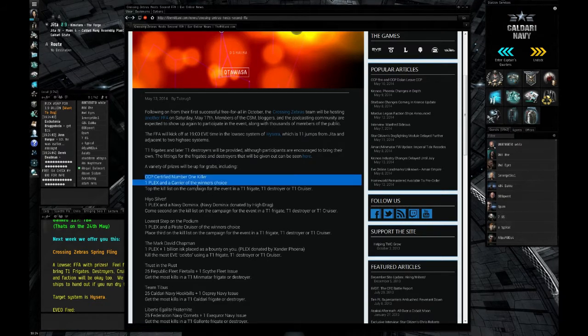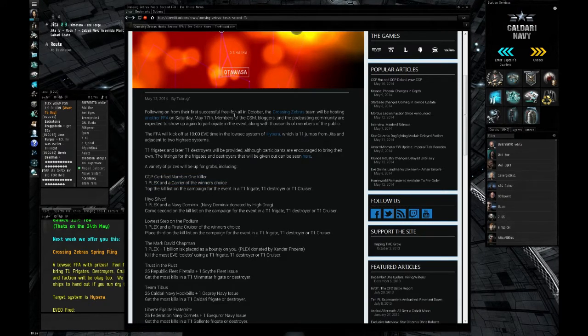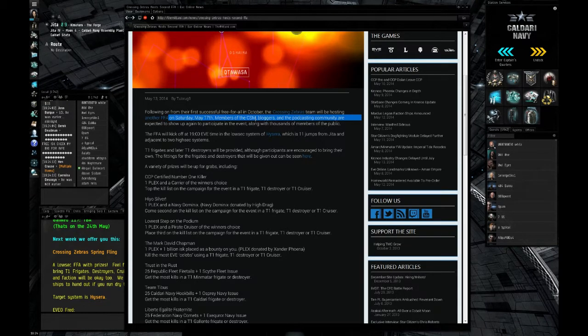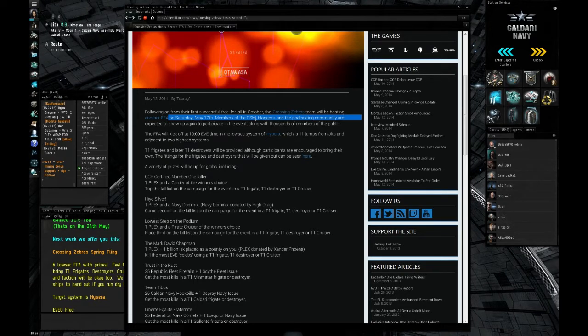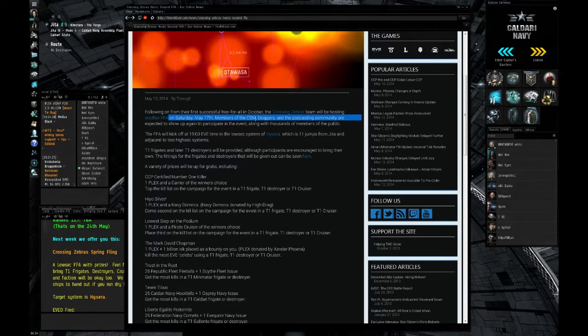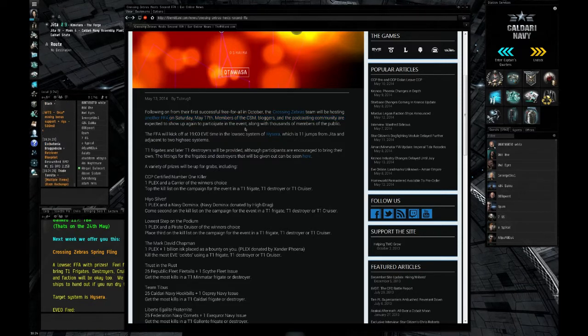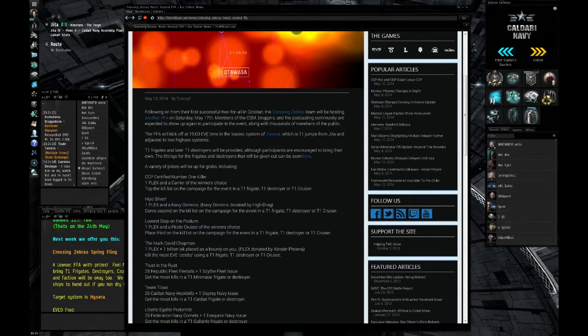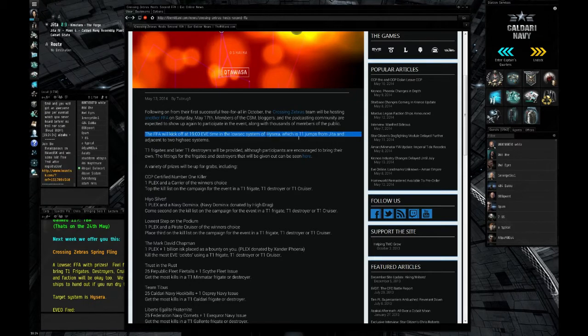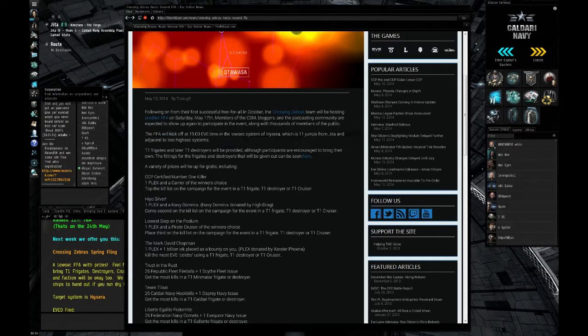They even have prizes. They've invited members of the CSM board, which is a council board for players who are advocating for players in regards to CCP, as well as the podcasting community. Some celebrities might show up, and then of course you guys, or us, the members of the public. The FFA will kick off at 1900 EVE time in the system of Hasera. So the Hasera, by the way, is